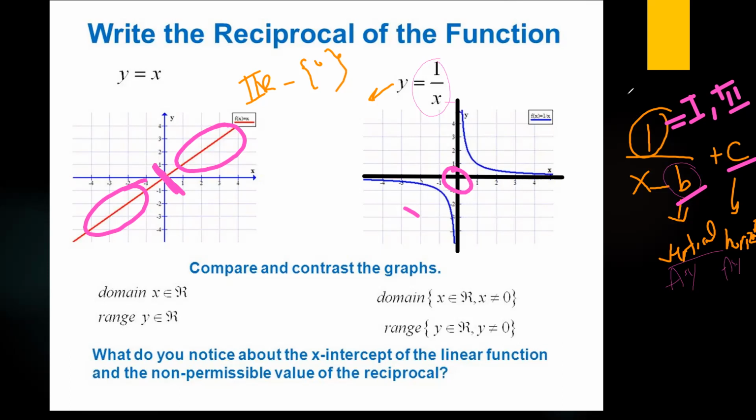Teacher, so the domain for the second graph is the x-axis except 0? Yes, it can be any real number but except 0. Okay, this is for the linear and the quadratic functions. Now let's come back to talk about